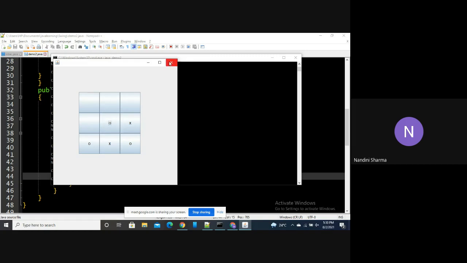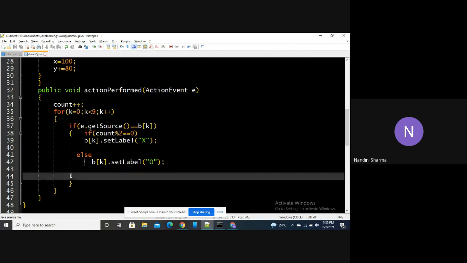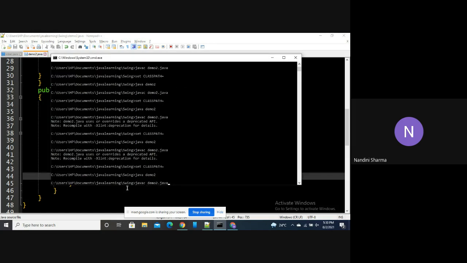We want it to become permanent. So what we will do, we will remove the action listener from that particular button. Now we have removed the action listener. We will compile it again.